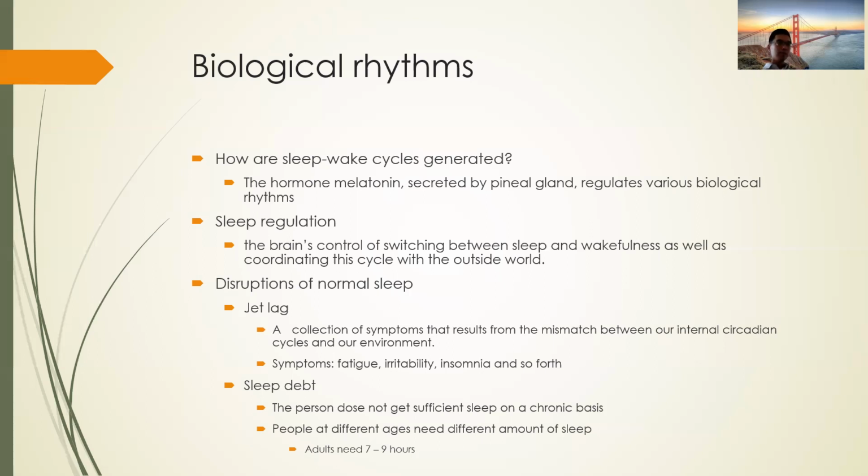So before 15 and after 2 or 3 years old, in this age range, children need at least 10 hours of sleep. After about 12 or 15 and before 18 years old, they need 9 hours of sleep. So still more than the amount of sleep that adults need. But you can see the amount of sleep needed gets less and less as we grow up. That is very interesting.